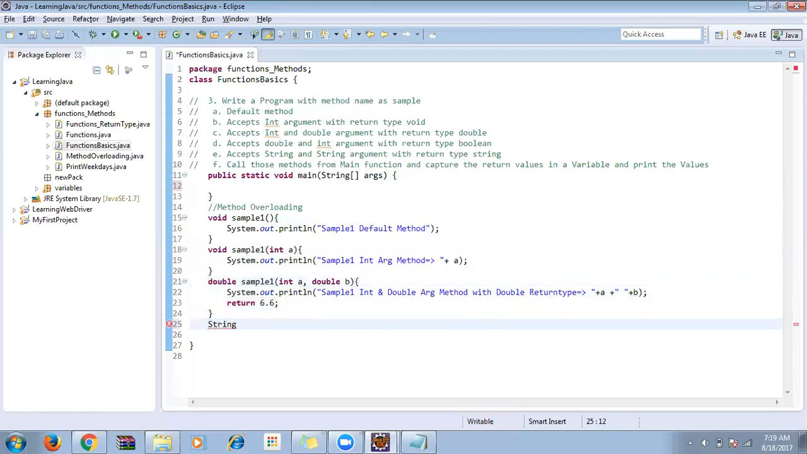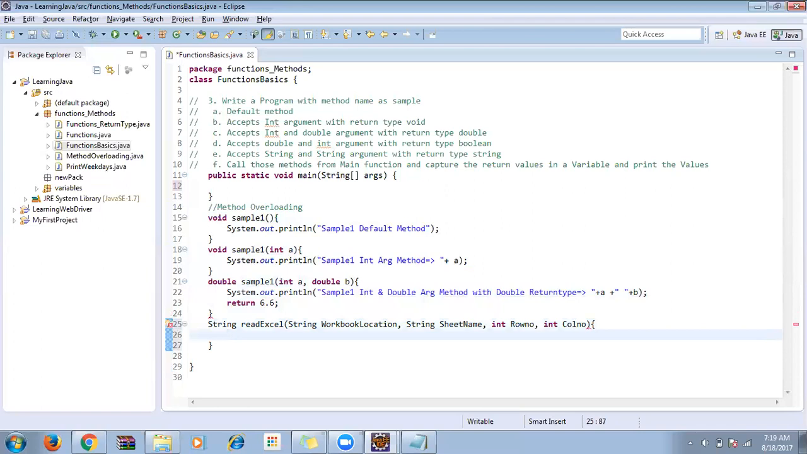So usually, string readExcel, then after that I will pass my workbook location as a string, string sheet name, then integer row number, integer column number. Like this I'll have, and then I will return the value. Okay, so here I'll have, for example, string value is equal to